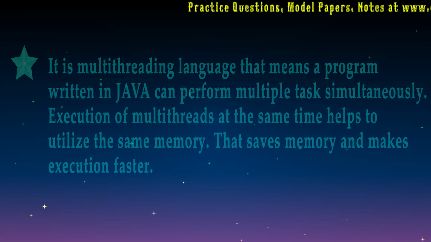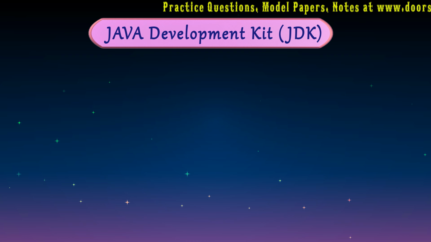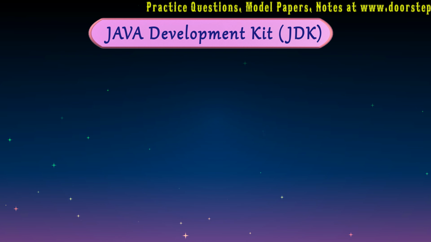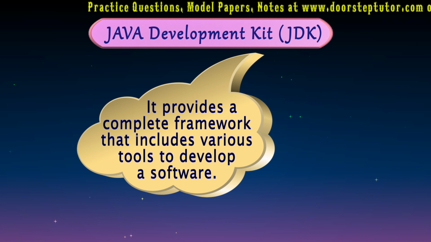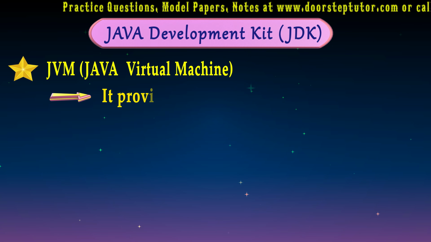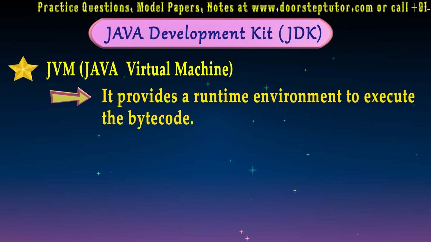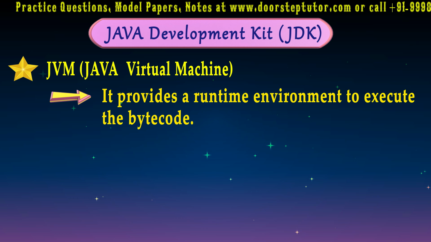So let's move to our next slide, that is Java Development Kit. Now if we download the Java Development Kit from the internet to execute Java programs, it provides us many components, that is tools like JVM, JRE, javac, java and jar. So let's discuss one by one. The first point is JVM, that is Java Virtual Machine. It provides that kind of environment so that once the code is executed, it gets converted into bytecode, which can be easily run on any other machine.